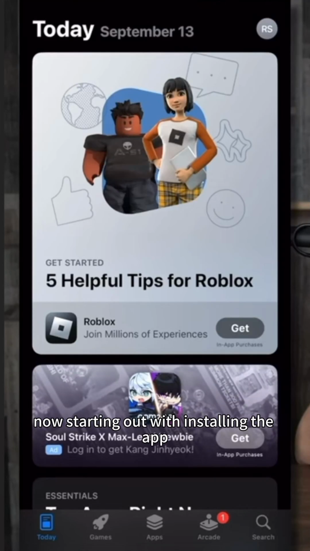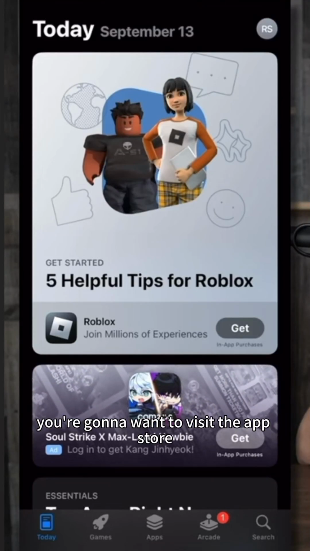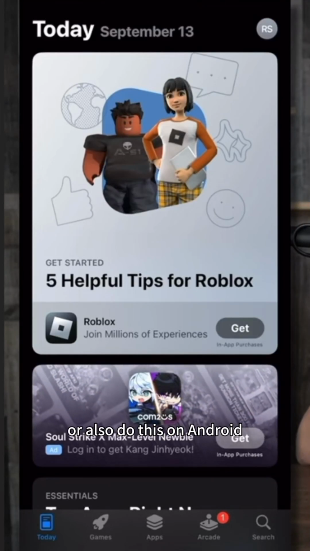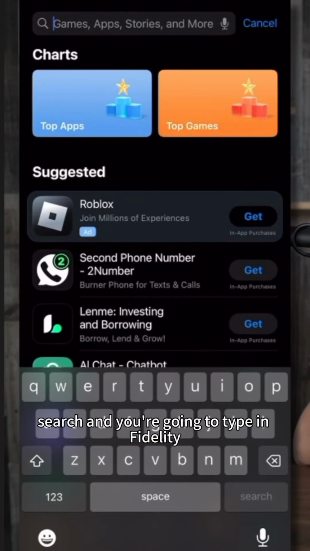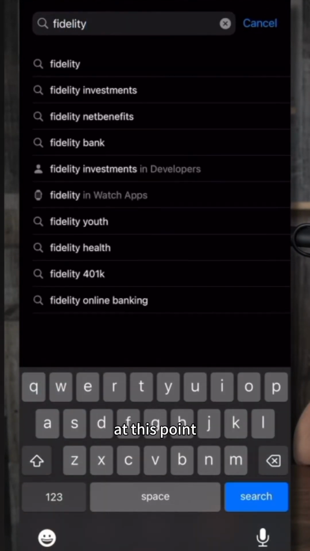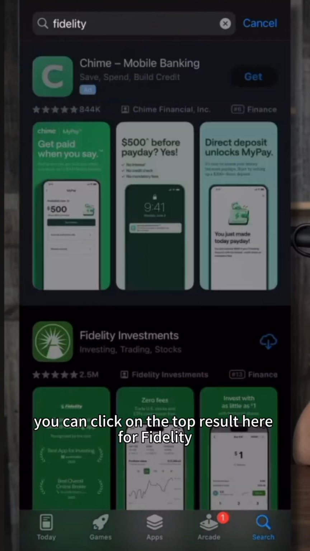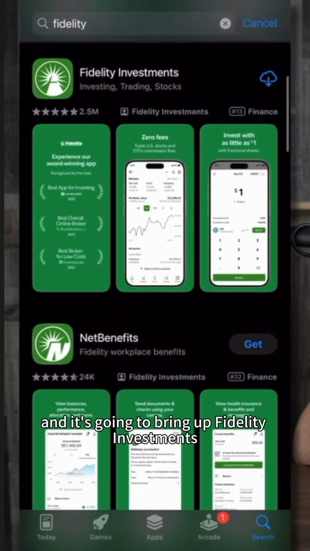Now, starting out with installing the app. You're going to want to visit the App Store, or also do this on Android if you have an Android phone. You're going to click on search and type in Fidelity. At this point, you can click on the top result for Fidelity, and it's going to bring up Fidelity